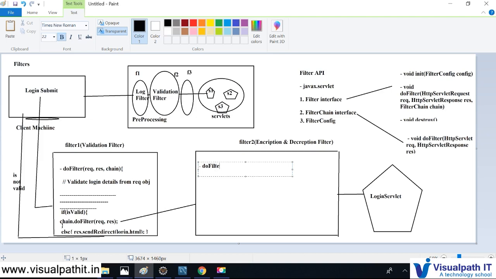Here the doFilter again contains request, response, and chain. And here it will perform all kinds of encryption and decryption. So it will perform all kinds of encryption, and once this operation is done, then